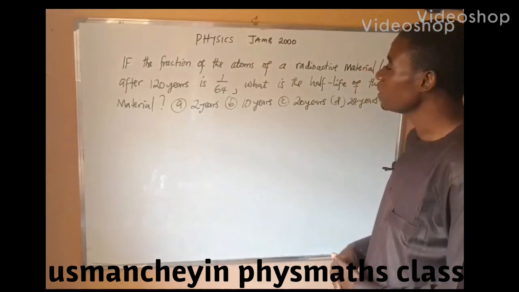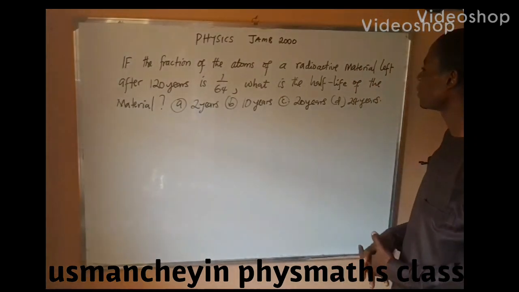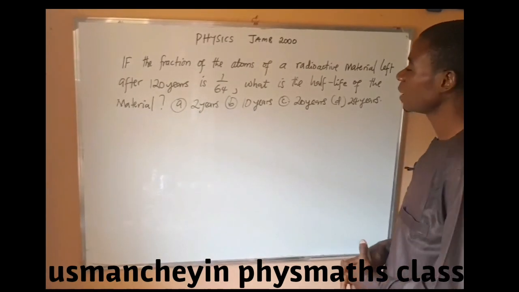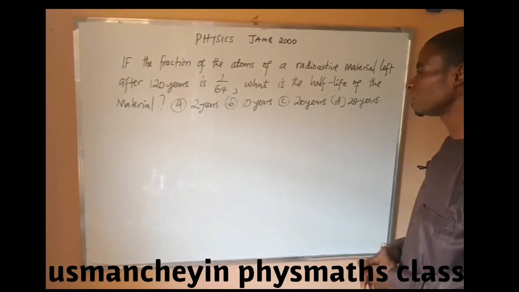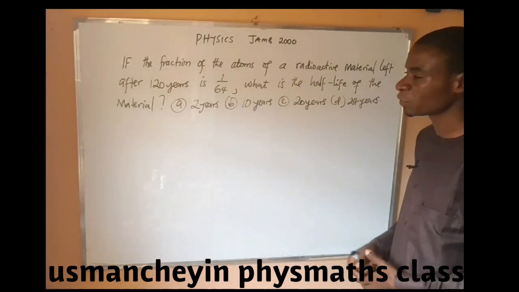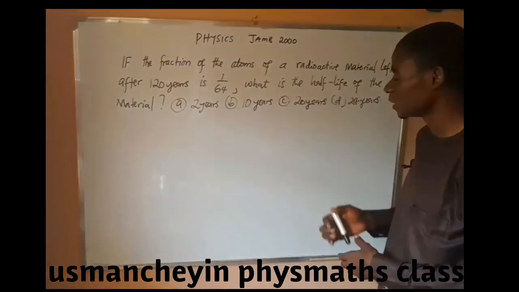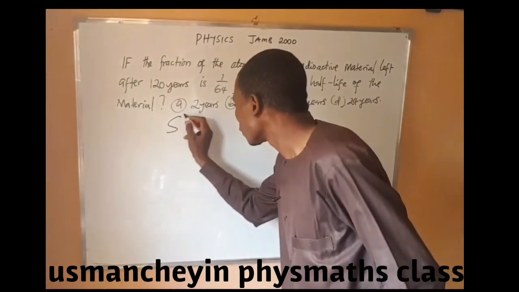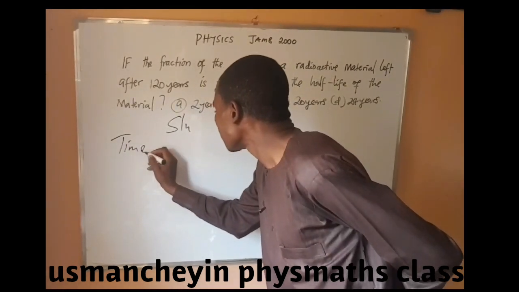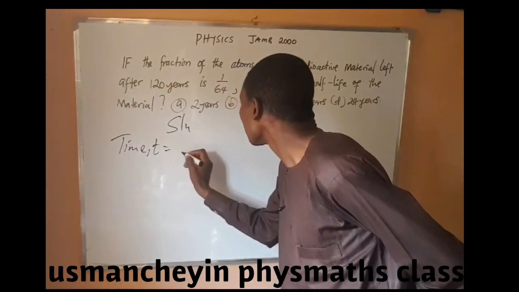If the fraction of the atom of a radioactive material left after 120 years is 1 over 64, what is the half-life of the material? So we are calculating the half-life of the material. Solution: the time taken, which is T, is equal to